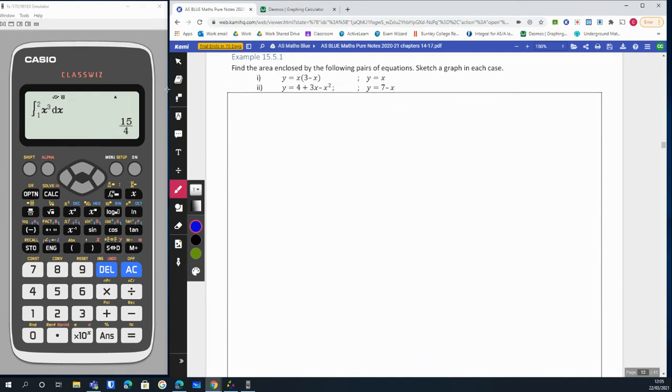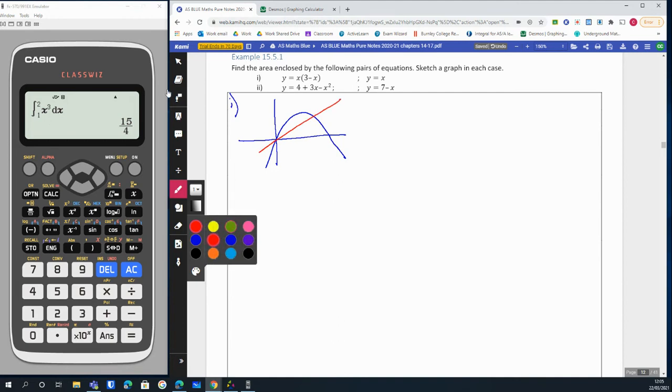So if we start with number 1, there are quite a few steps that we need to take here. The first graph that I've got is a quadratic, and it's a negative quadratic, and it goes through the x-axis at 0 and 3. So I've got a graph that looks like that. And then the other graph that I'm looking at is y equals x. So y equals x would go through like that,